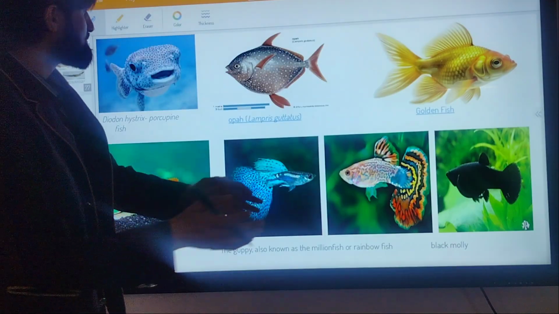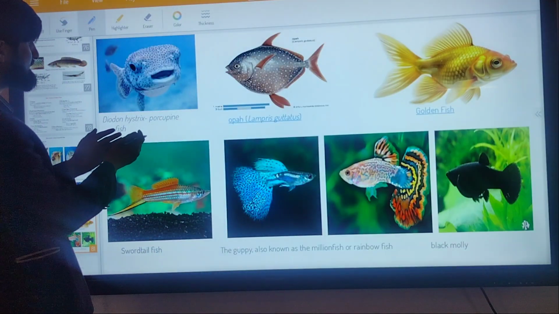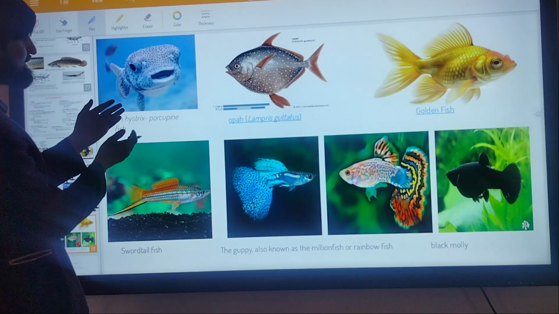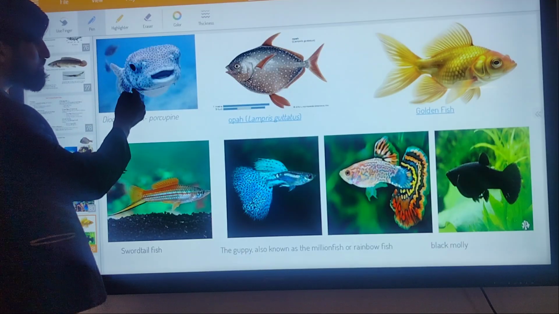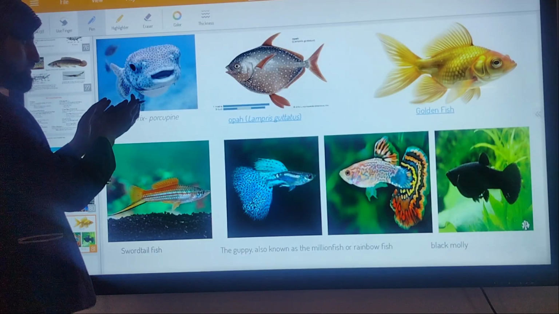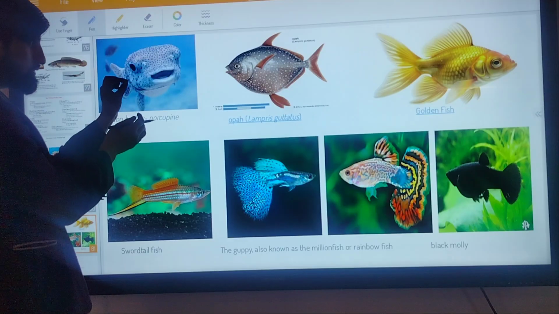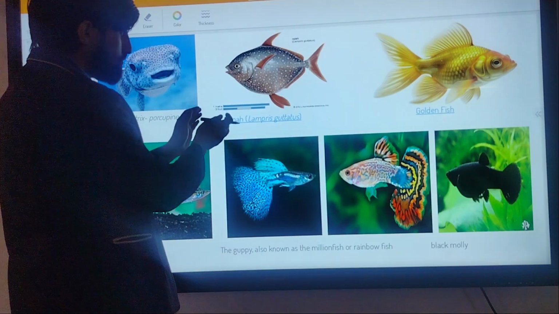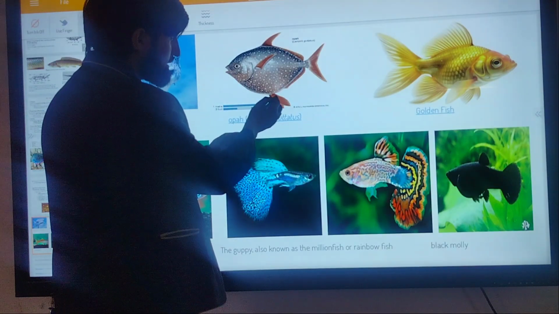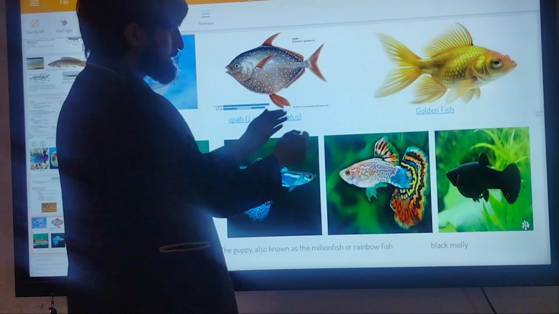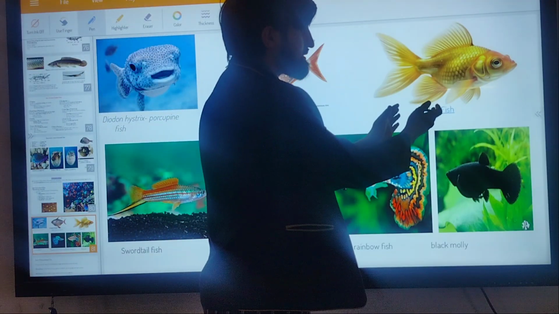You can see here Diodon hystrix, or porcupine fish. What coloration? White with black spots. The white color is due to leucophores and the black spots are due to melanophores. Opah, Lampris guttatus, yellow, xanthophore. Golden fish, Carassius auratus, a